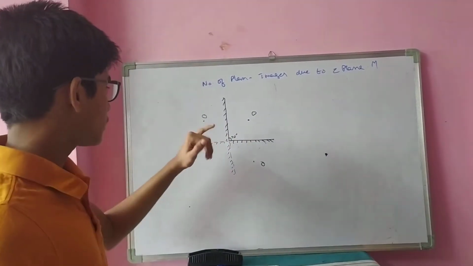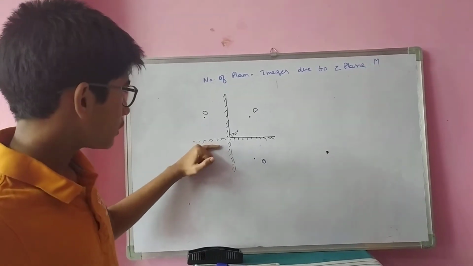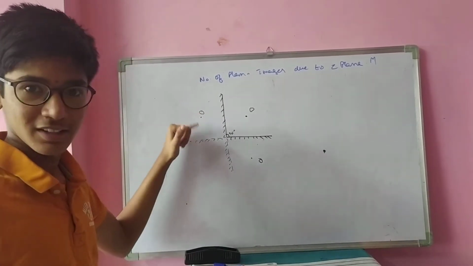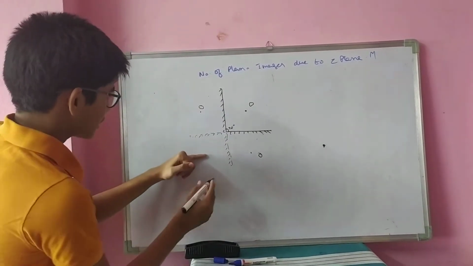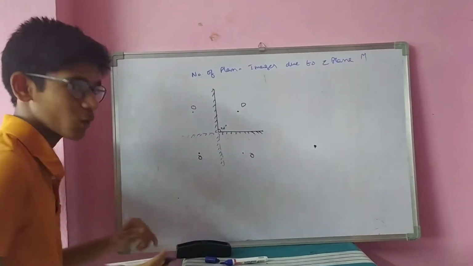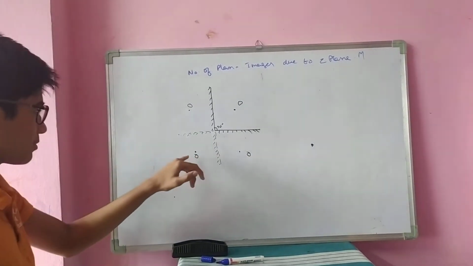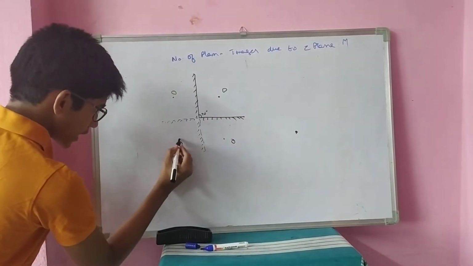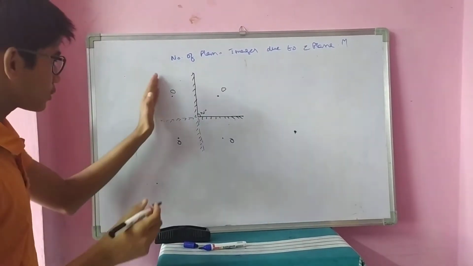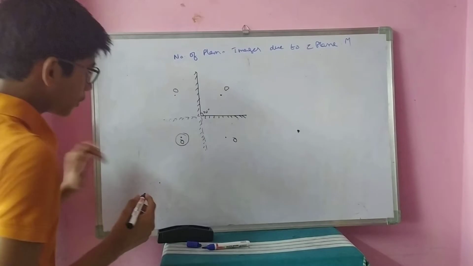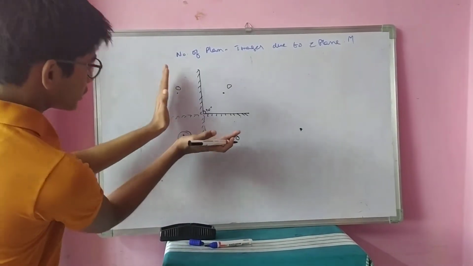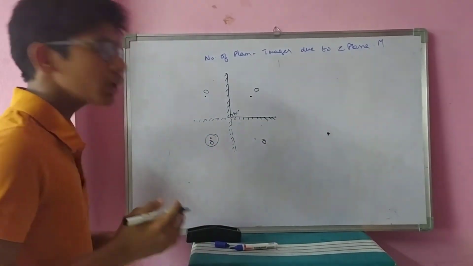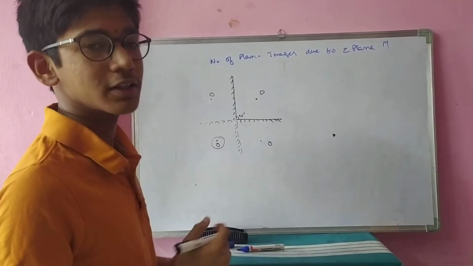Now, for this imaginary plane mirror, the image of the first one acts as an object. See? For this, here the image is formed. Now for this image, this acts as a mirror, and see, these two images exactly coincide at this point. So they overlap each other and form one more image. Yes, they both are at the same point, so both images get overlapped. That's why we get the third image.